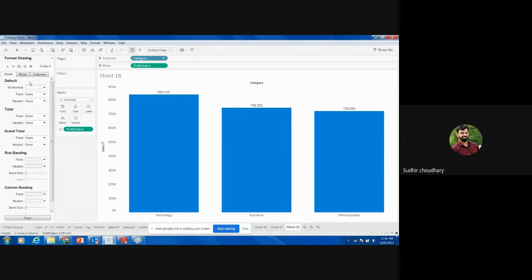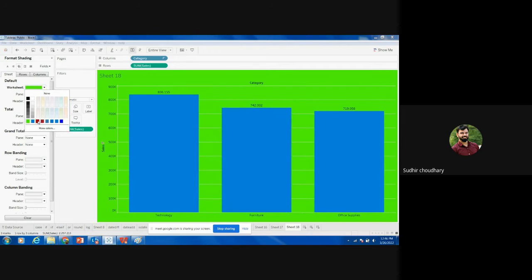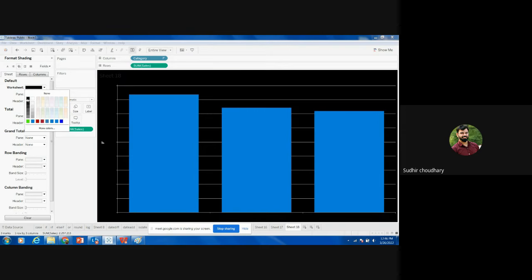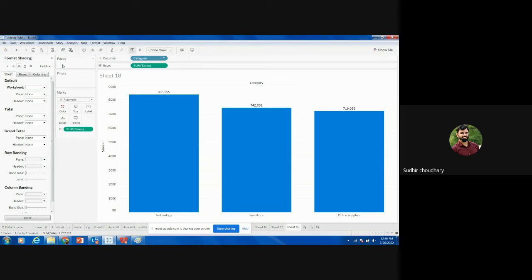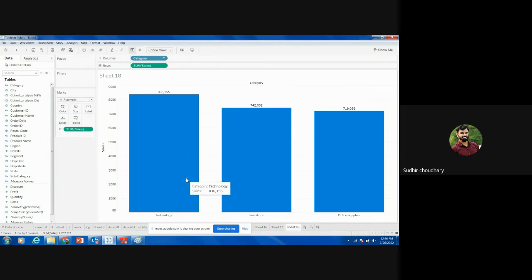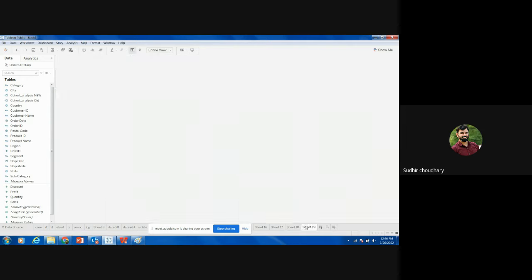You can take fillers. For example, it is blue. You can take a color like this, or maybe the color you want, maybe black. So there are multiple things you can use in your Tableau, starting from simple to very complex information. I'm just telling the simplest part so that you won't think Tableau is very difficult. Yes, sir, this is how we can work. Now see so much information in one go.